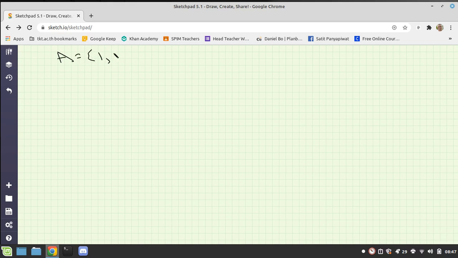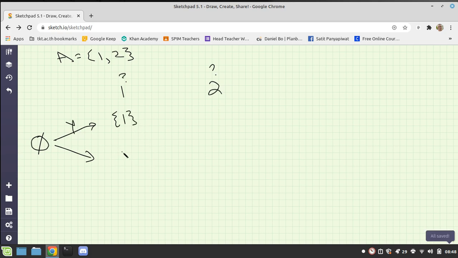So I've got two numbers, 1 and 2, and I want to find all the subsets. I'm going to start out with the empty set, and I'm going to put my elements up here, and I'm going to ask, do I want to add 1 or not? Do I want to add 2 or not at each step? And so my first step, I say yes, I want to add 1. So empty set plus an element of 1 is just that, and